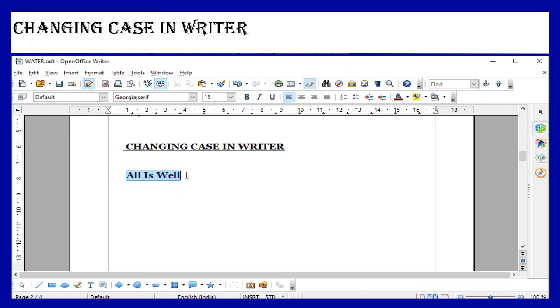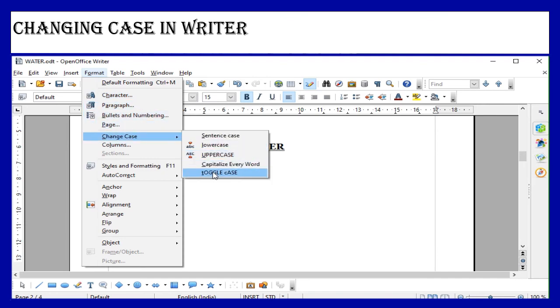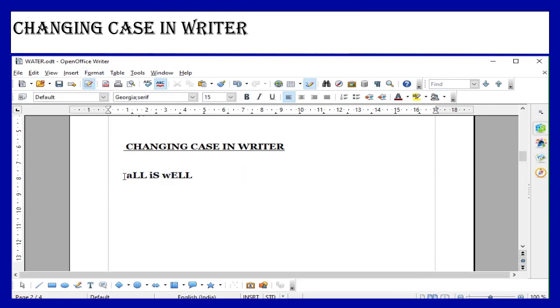Now select the sentence, go to Format menu and choose change case. And what is this toggle case, children? Here itself you can see this. The first letter is in small letter and the rest of the letters are in capital. Again here the first letter is in small letter and the rest of the letters are in capital. Select this, children. Now could you see this change?